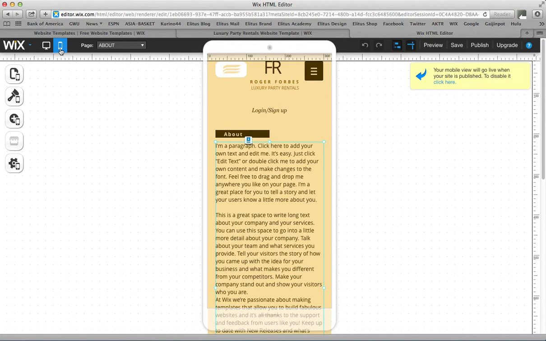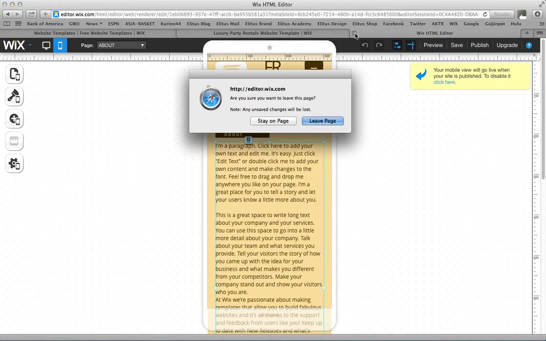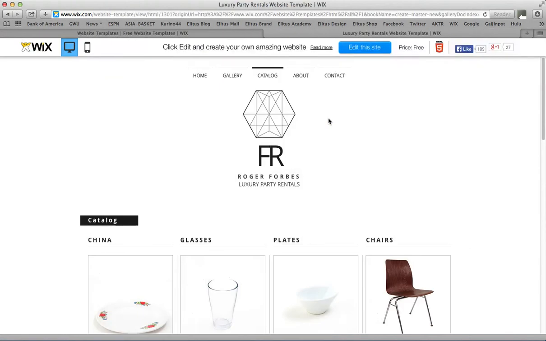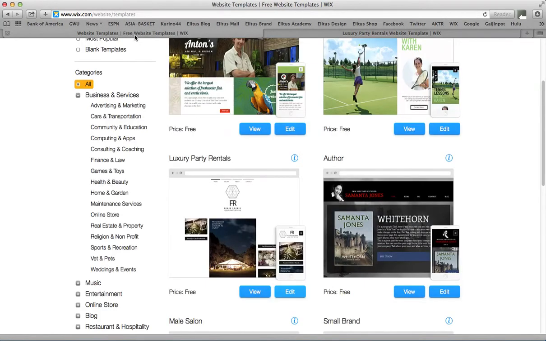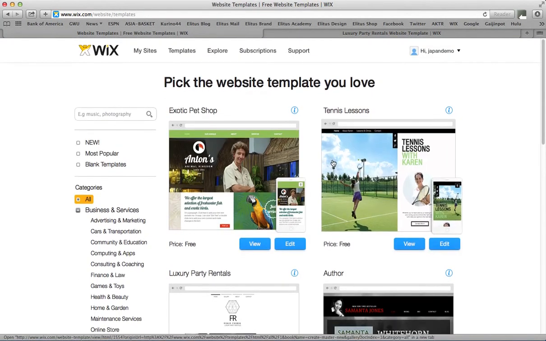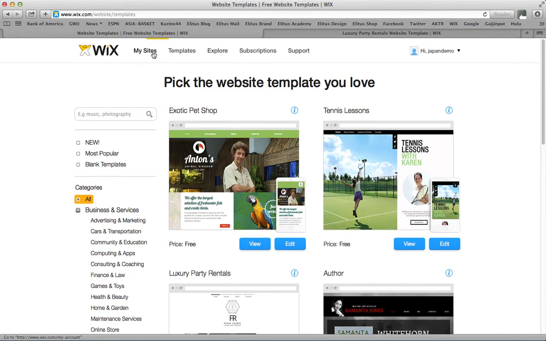Now, since I promised you that I was going to explain the free and premium sites, I will do so. So let's just close this window real quick. I'll leave this page. Everything I save will show up on my dashboard. I'll explain that a little later. So now I am back over here to my dashboard. If you click on my sites here,